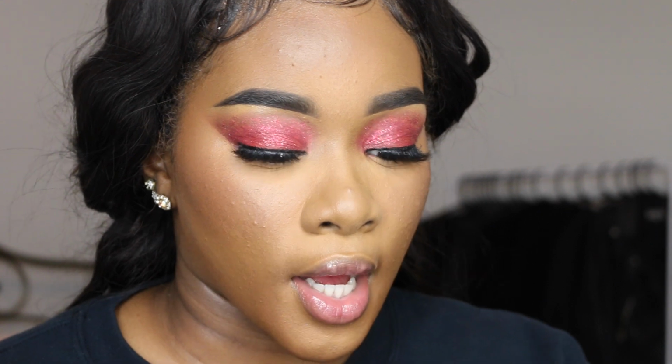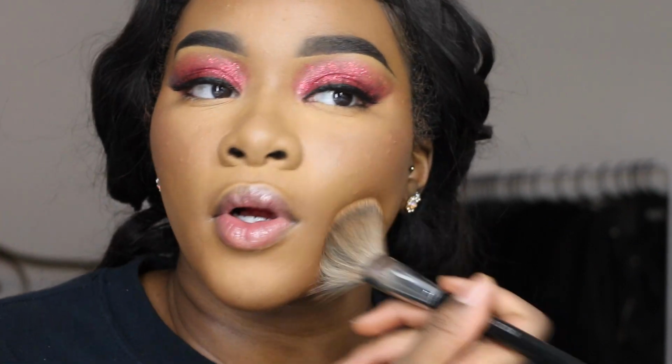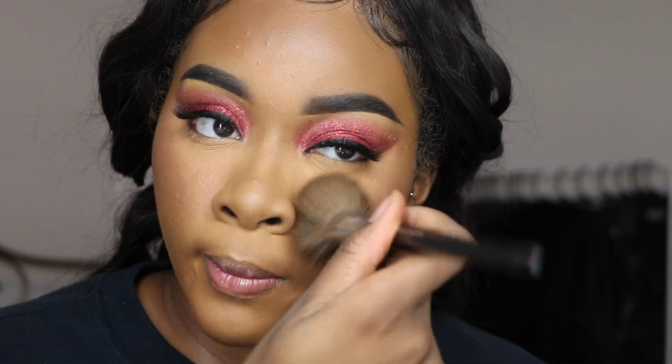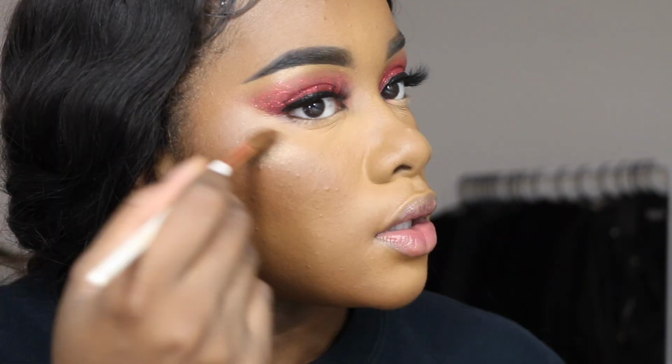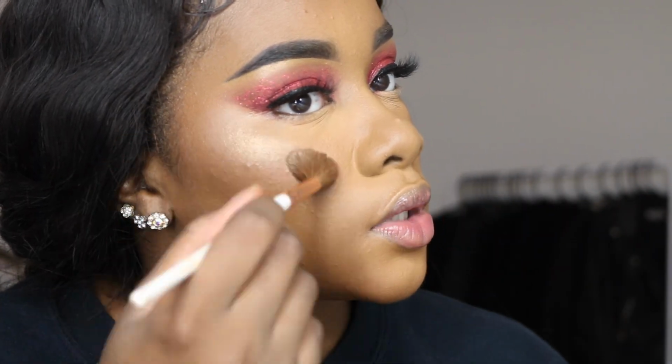I don't know how to save this, so this can just be y'all seeing my trial and error, going in with my MAC Dark Skin Mineralized Powder from MAC. What I think I'm going to do is